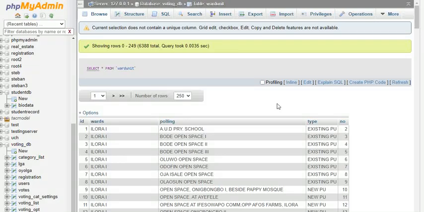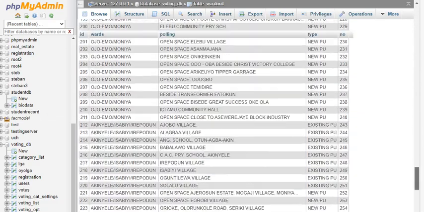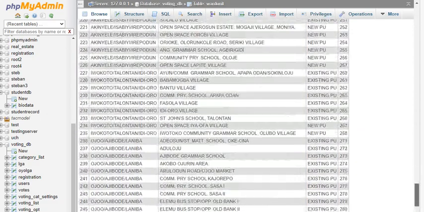Using having clause. So today we are working on the voting DB database table word units using having clause. Having clause was added to SQL because the where keyword could not be used with aggregate functions. So for example, this is a table with over 200 records